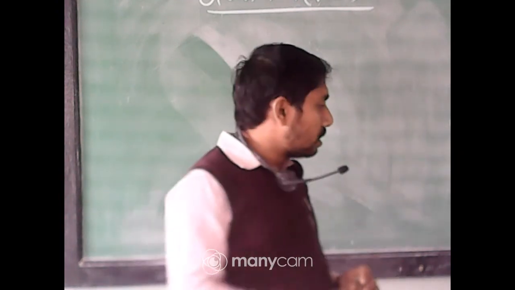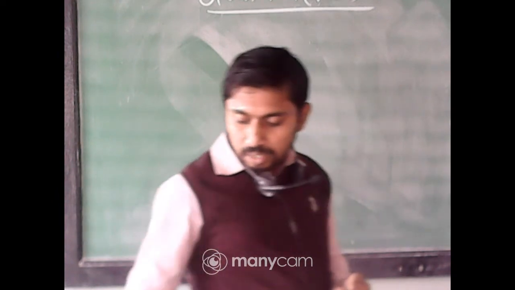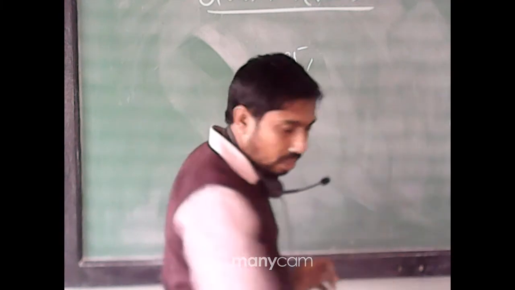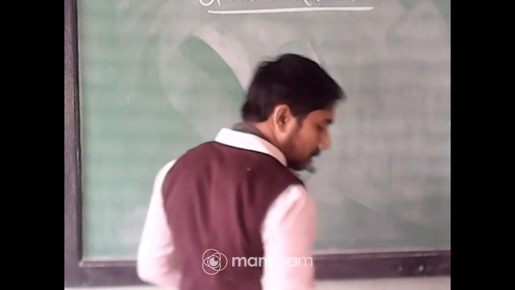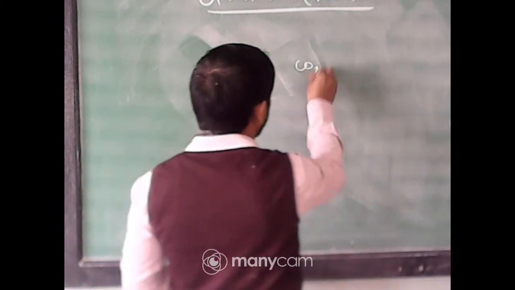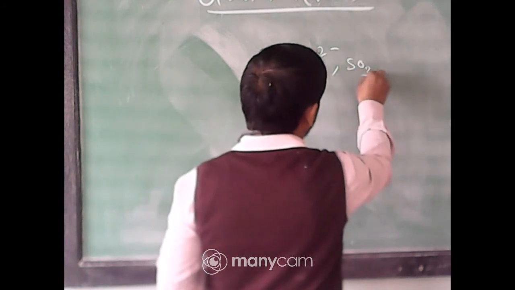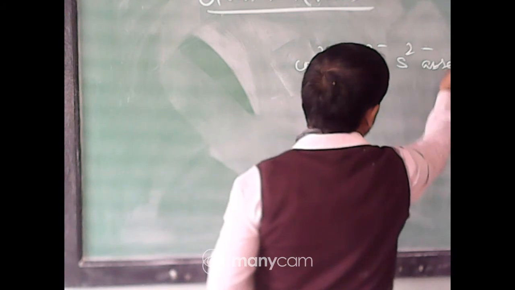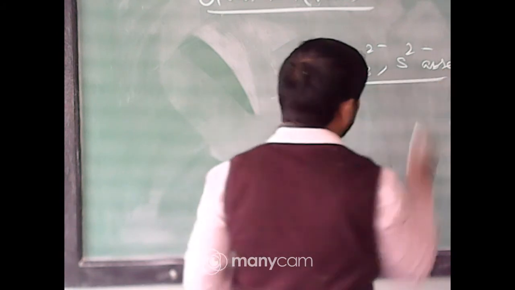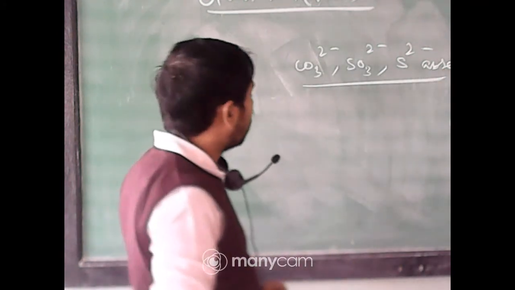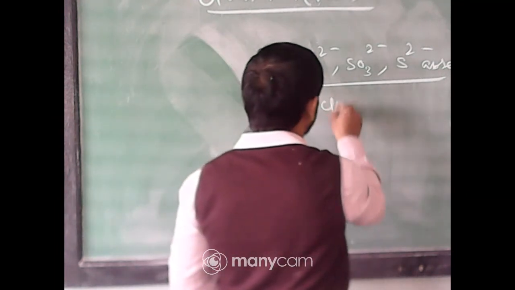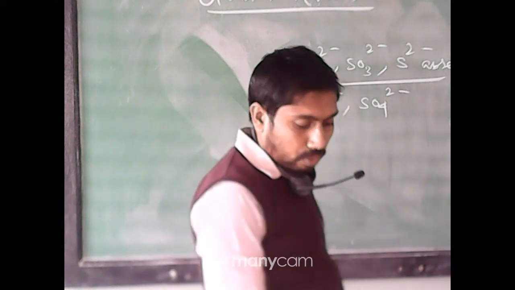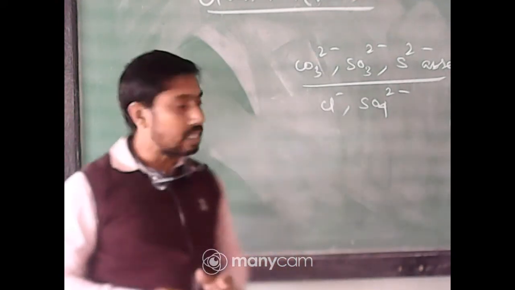Okay, so this is proof that the anions like carbonates and sulfide are absent. Okay, so next test, the very well known test for chloride and sulfate remains. Now next we will move to the test for the sulfates.